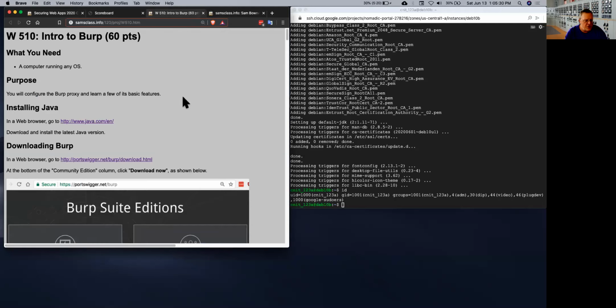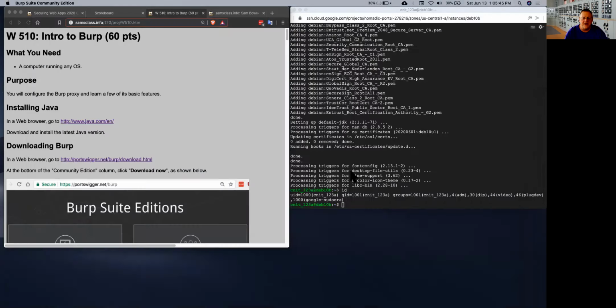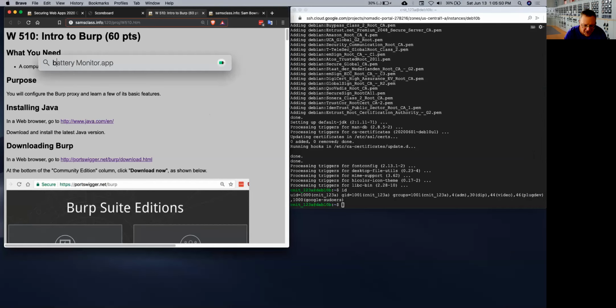Burp is the main tool you use. So you download and run Burp. It runs on any operating system. And you will end up with Burp like this here. And when you first start Burp, let me just close it and start it up again, because it does ask you a lot of stupid questions at the start. So when you run Burp,